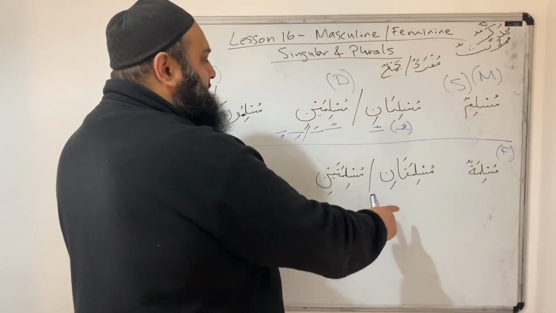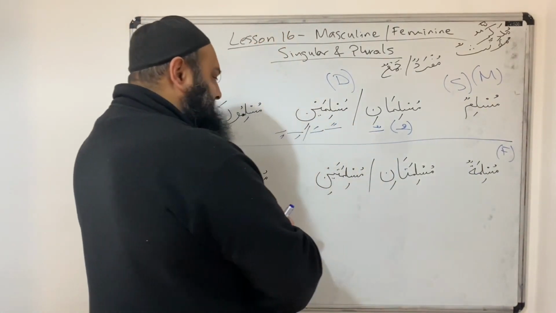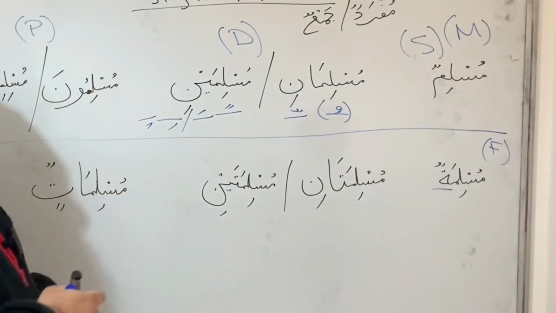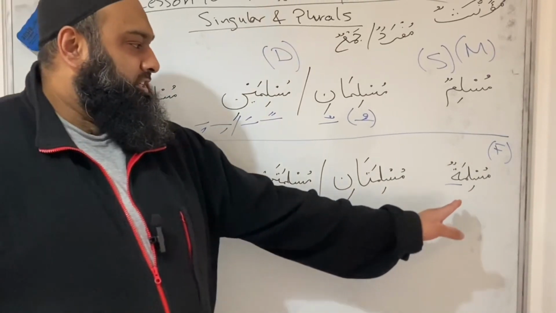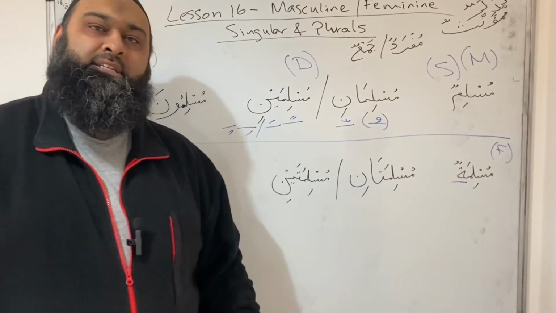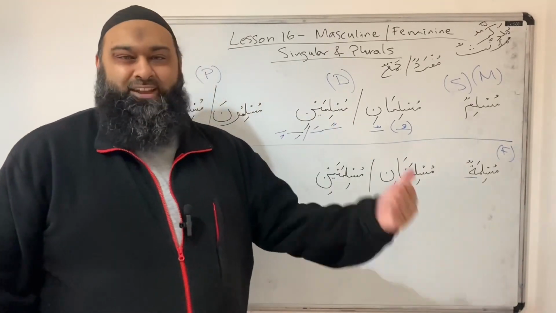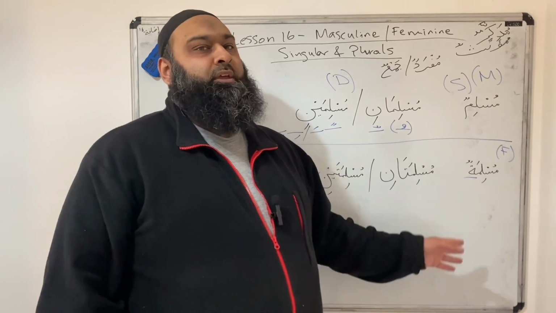Let's go to jama' afterwards. What's the difference? Muslimatun: any word which has a ta marbuta at the end is going to be mu'annath, is going to be feminine. It doesn't matter what word it is, any word which comes with the ta marbuta at the end is feminine and will take feminine pronouns, while this is masculine. So if you say this is here Muslima, here,